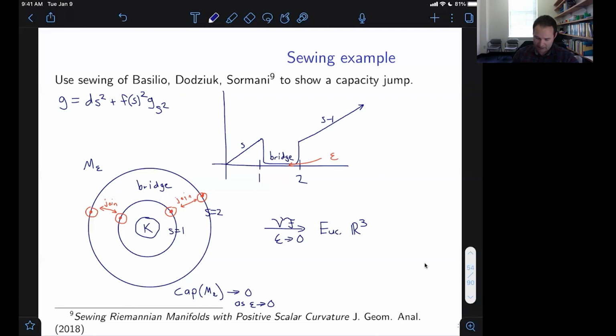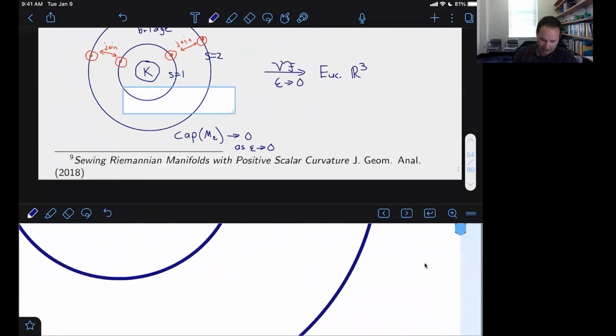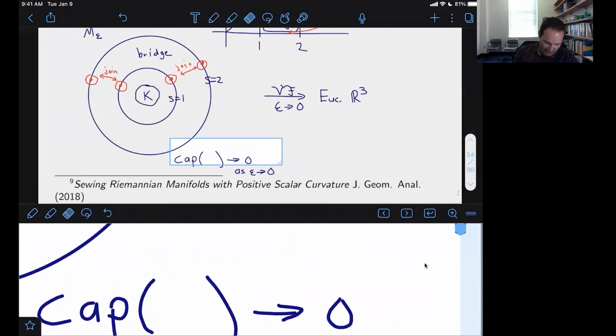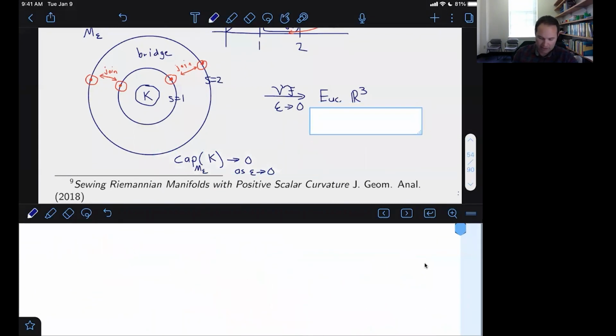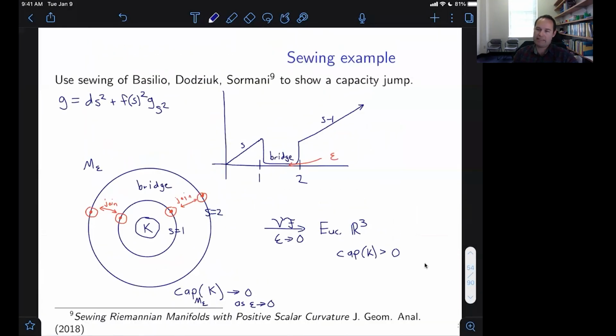Okay, but this shows a capacity jump because you can show the capacity. Sorry, this is the capacity of K in the space m epsilon. So I should have written it that way. So that goes to 0, but here K is just some set in the limit. It'll just have some positive capacity. Okay, so this is a jump in capacity for a different reason than change in the end behavior at infinity. So it's kind of lucky that you can get a result like this, because on the one hand, you have a capacity jump due to end behavior at infinity. On the other hand, you could have a capacity jump due to just the coarseness of intrinsic flat convergence. But fortunately, they both go the same way, which is why it is possible to get a result.